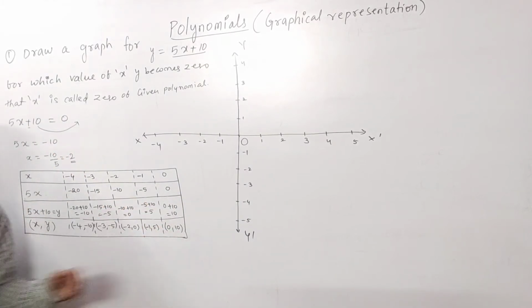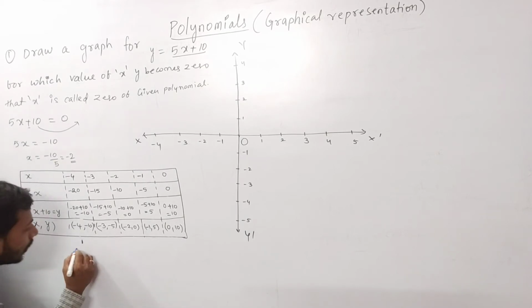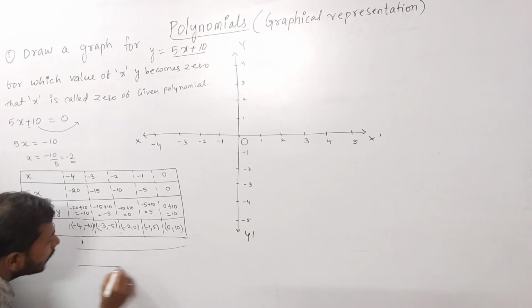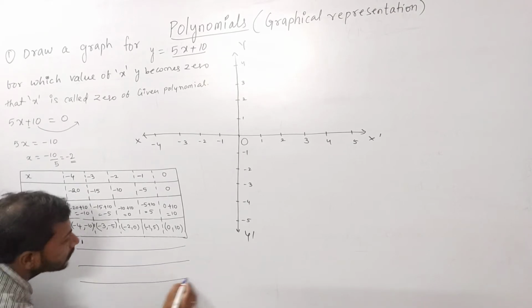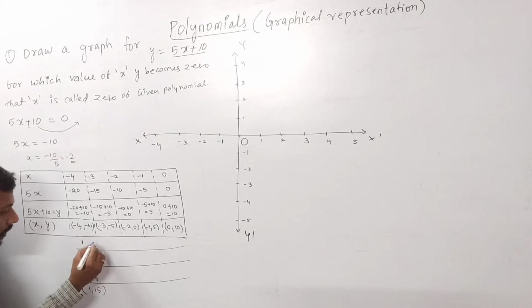So, to continue that, I am going downward. Again, I am taking 1 for x. If I take 1, how much am I going to get? I hope you are able to see. 1 into 5x is 5, and 5 plus 10 is 15. Then your coordinate: x you have taken as 1, and you got y as 15. Then I am writing 1 comma 15.